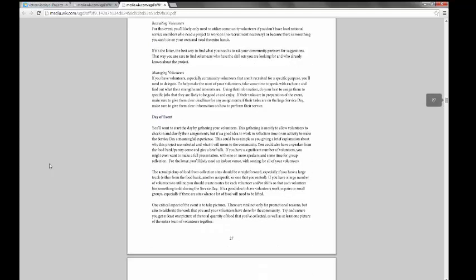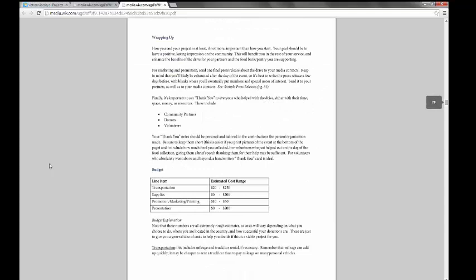So moving on to page 28, if you're still following, I hope you are, we have wrapping up. So often we find that once a service project is complete, it's just over, that's it. But here we explain the importance and benefits of wrapping up a project properly. Some key aspects of wrapping up a project are taking and distributing pictures, thanking partners, volunteers, donors, and writing and disseminating a post-project press release.